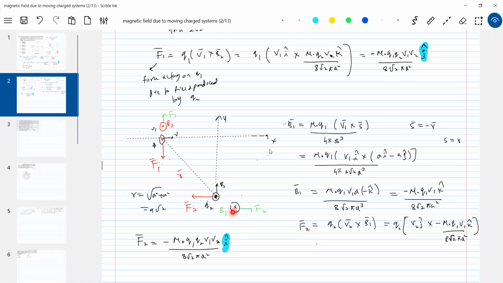So I should not show it at one point. Again, don't scold me, sir, for what you are doing. I'm just doing this to make you imagine, because the field will be everywhere. From where? From the location of the point charge Q1 till where? Till infinity, no? So this force will be acting throughout the field.